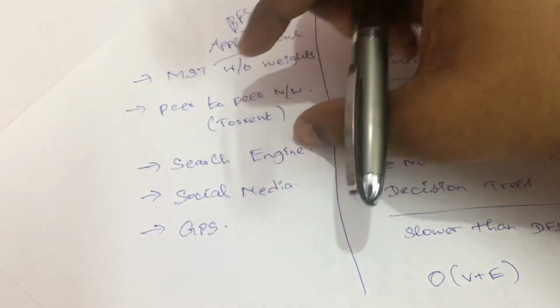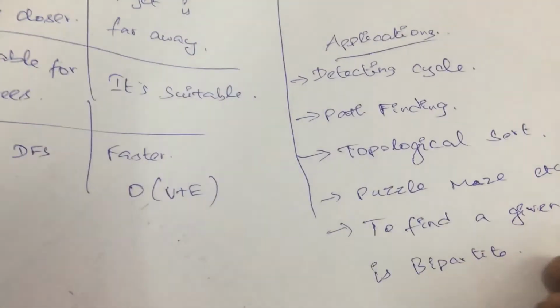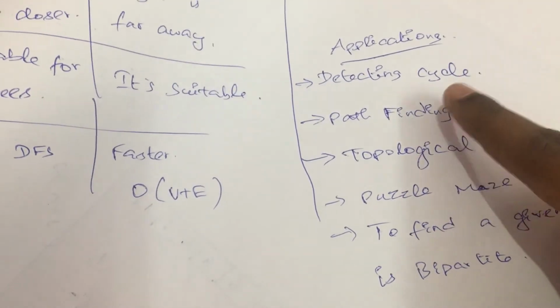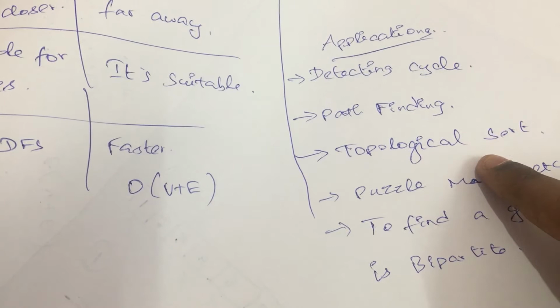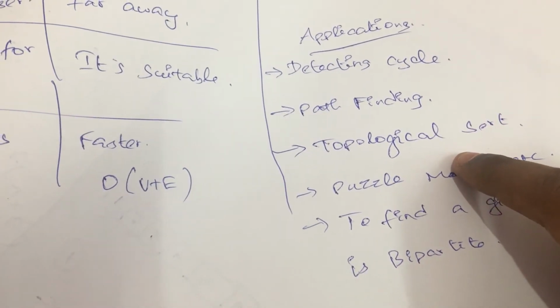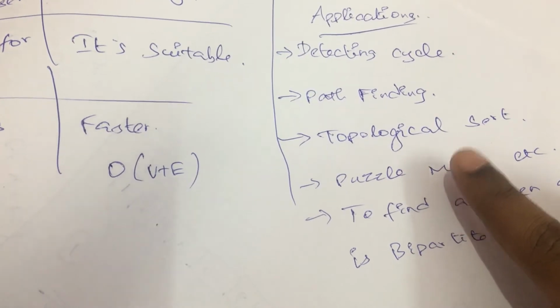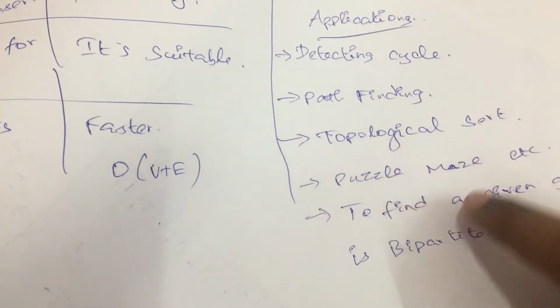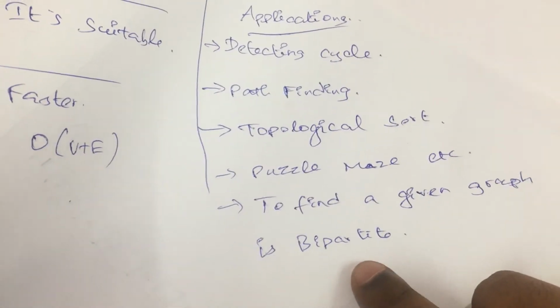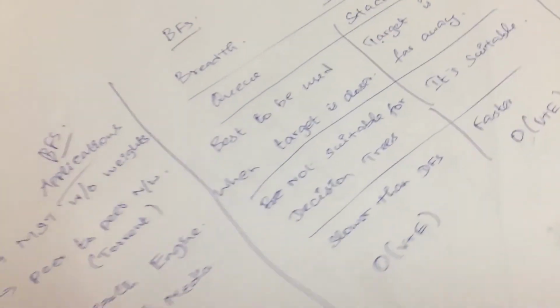So everything is actually implemented by using a BFS technique. And DFS has really good examples like detecting a cycle existence in a given input, path finding, and topological sort, where it includes something like CPU job scheduling and so on. Finding maze kind of problems will be using this DFS technique, so it will be much more efficient. And at last, to find whether a given graph is a bipartite graph or not. So this is all about your BFS as well as DFS.